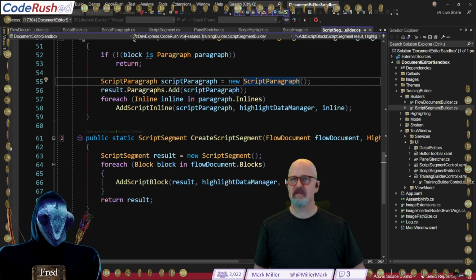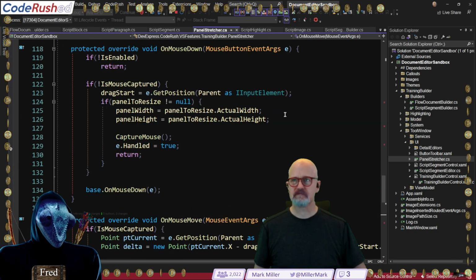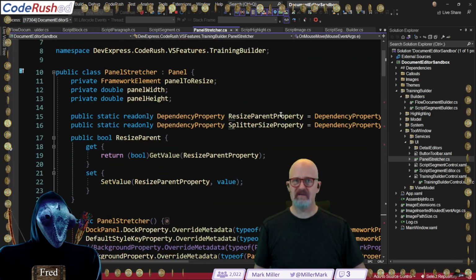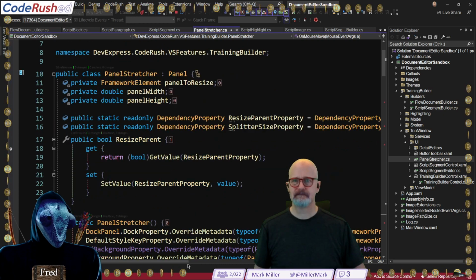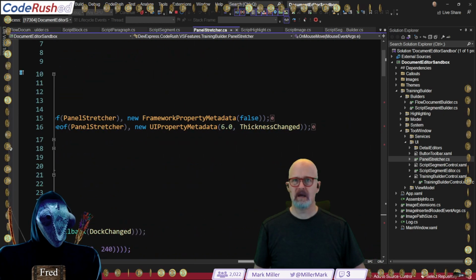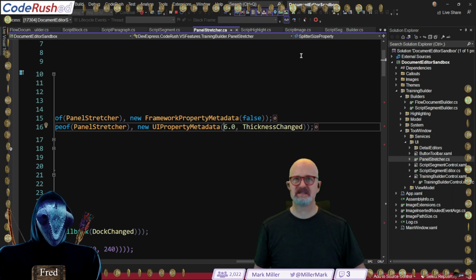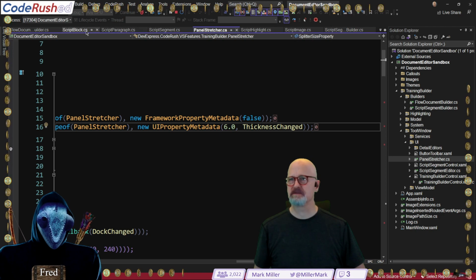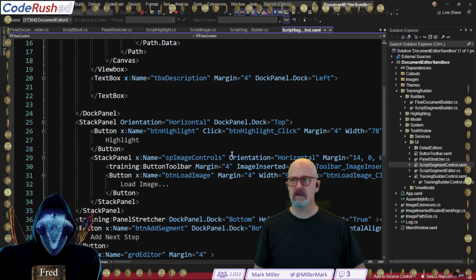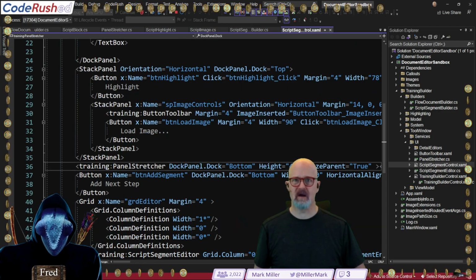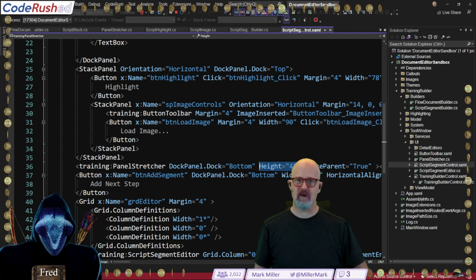Let's see. That's going to mean it's called my panel stretcher. I give it a default thickness of 6. I wonder if I'm setting it specifically. Let's look at my script segment control. You should have a panel stretcher. There it is right there. Height is 4. That might be my problem.